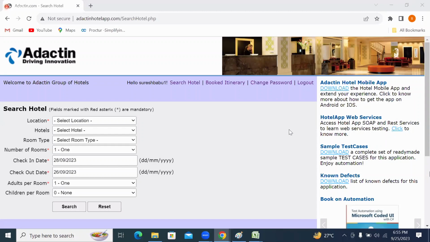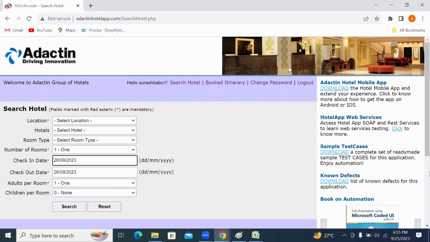We are getting the problem with previous date. That means we can't say that check-in date is not working. It is working with future date and with current date. The problem is with the previous date. That is what I need to clearly mention